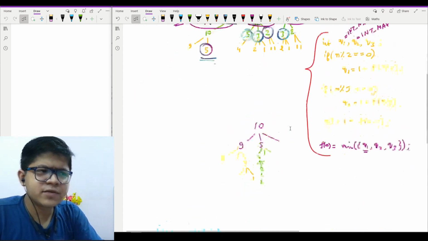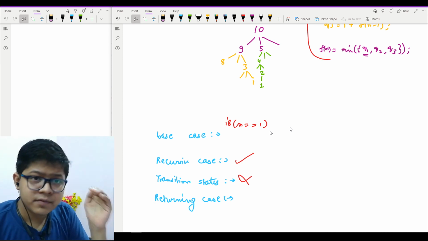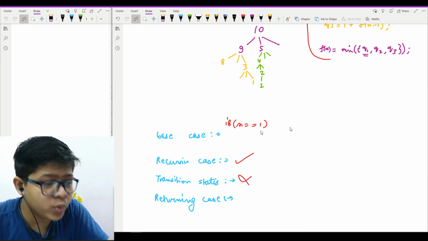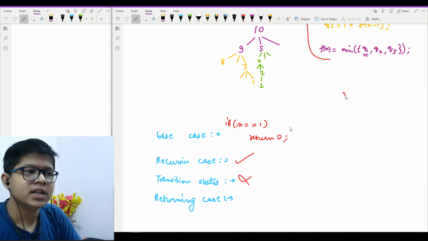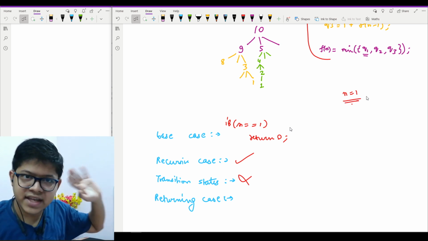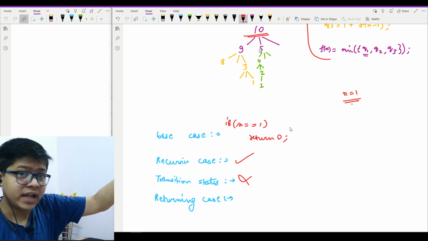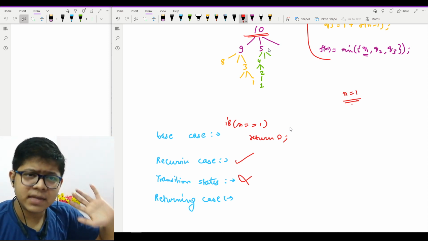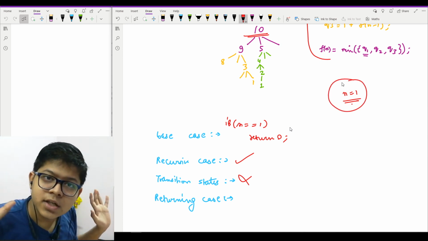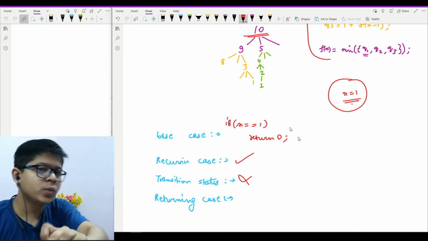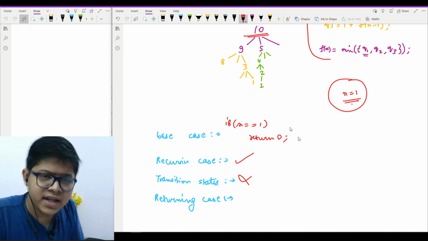So our base case is nothing but that if n is equal to 1, which means if n is reduced to 1, then I should simply return 0. Like, if I say, okay Aryan, the number n is 1 right now, here in this case I took n as 10, in the above case I took n as 12, rather I'm saying my n is 1, so I need to reduce to 1, it is 1, so operations required are 0. So if my n is anyhow reduced to 1, I will return 0, because no more operations are required and I have got my 1 as I wanted.